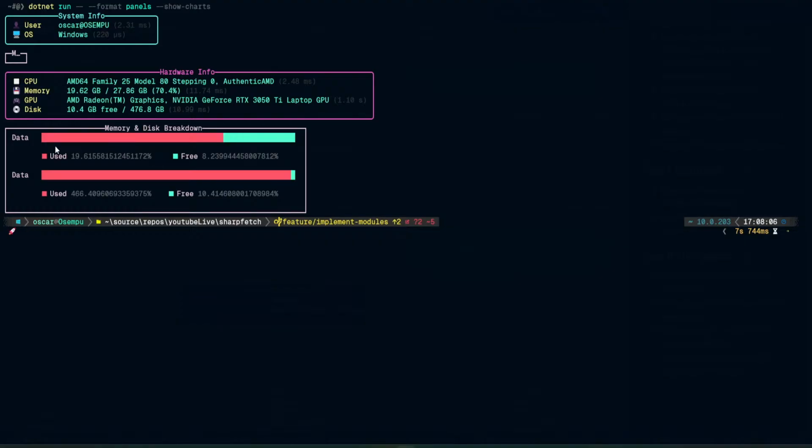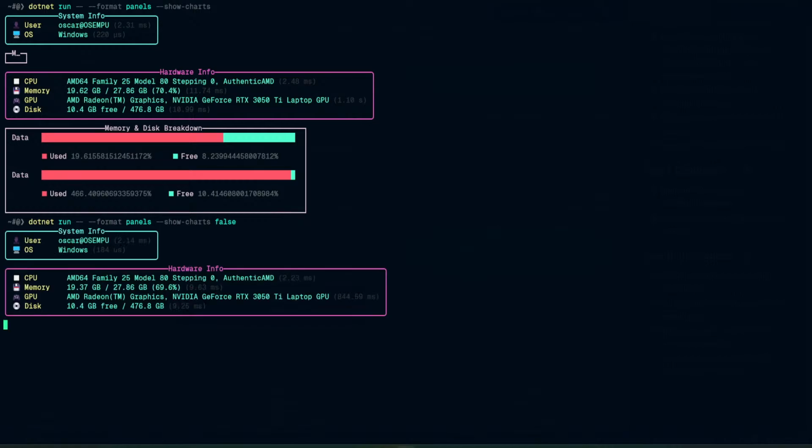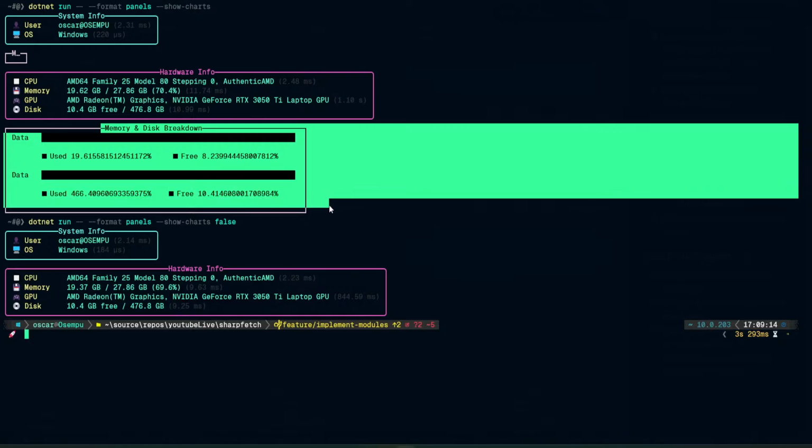Because as these are charts, I think it makes sense to keep them all the way down, so we don't get that ugly break in between the system and hardware or anything else. Okay, so now let's try with this as false. And now, as you can see, the app doesn't try to render the chart,